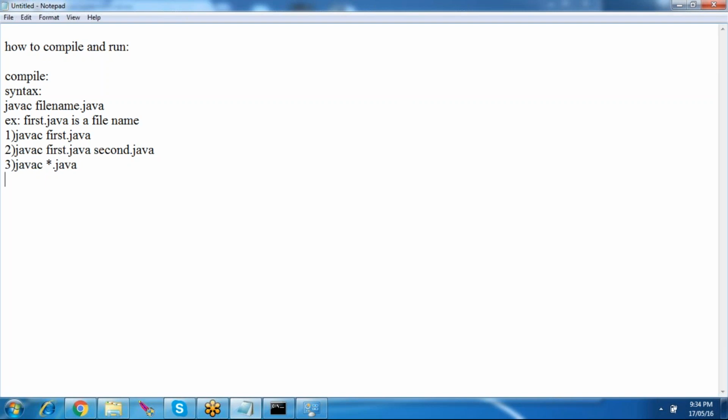So there is a note point actually. What's the note point? When we compile the .java file, then .class files will get generated. That means in first.java, if we have three classes,